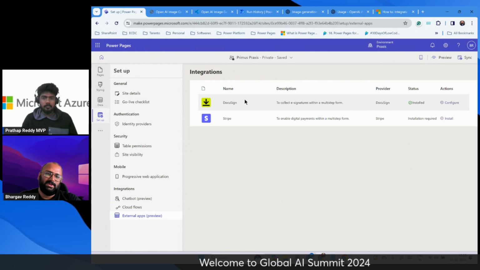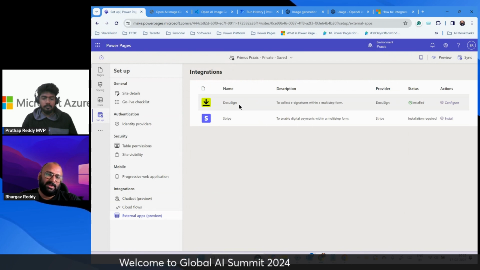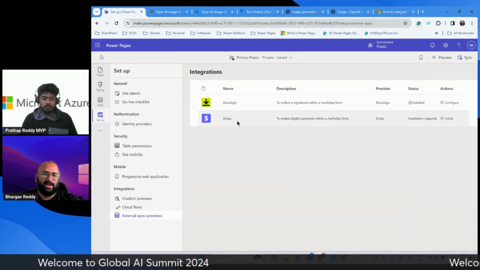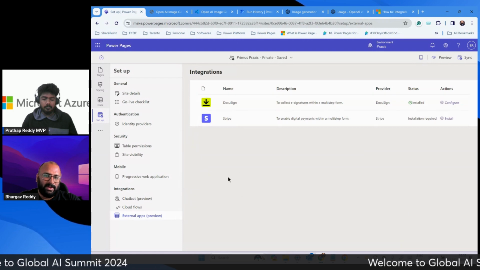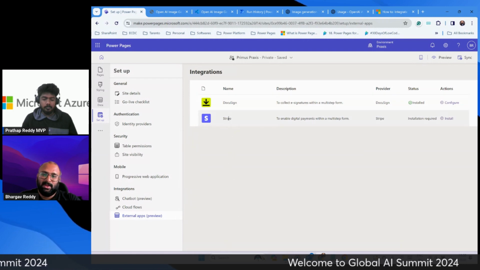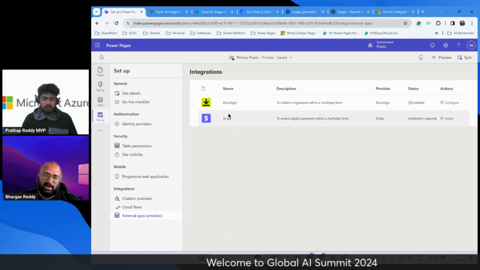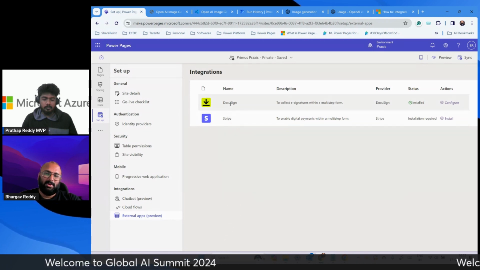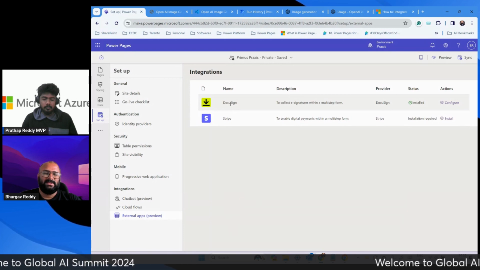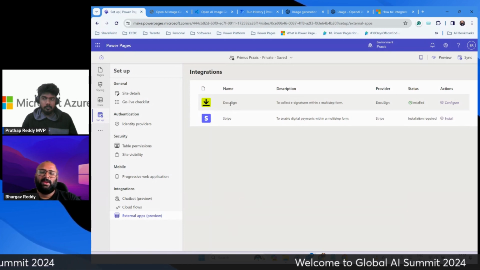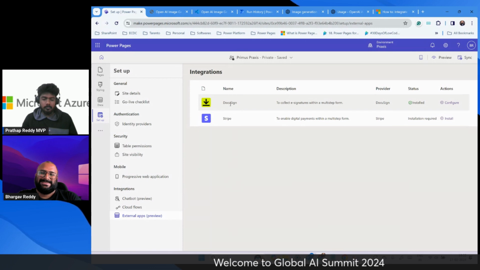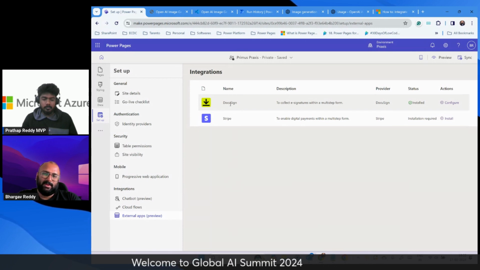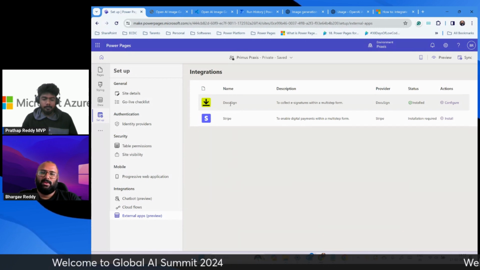External apps, by default, Microsoft has deployed these two capabilities. In the days to come, I see that Microsoft is going to definitely add more capabilities here. Some of the core capabilities are DocuSign and Stripe. Personally speaking, I have explored DocuSign, and the integration is through the form of a multi-step form. Still, I would say it can be better,